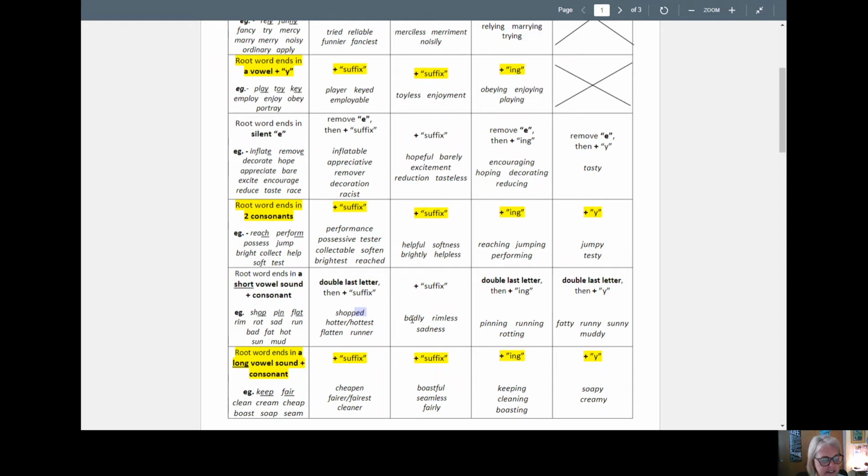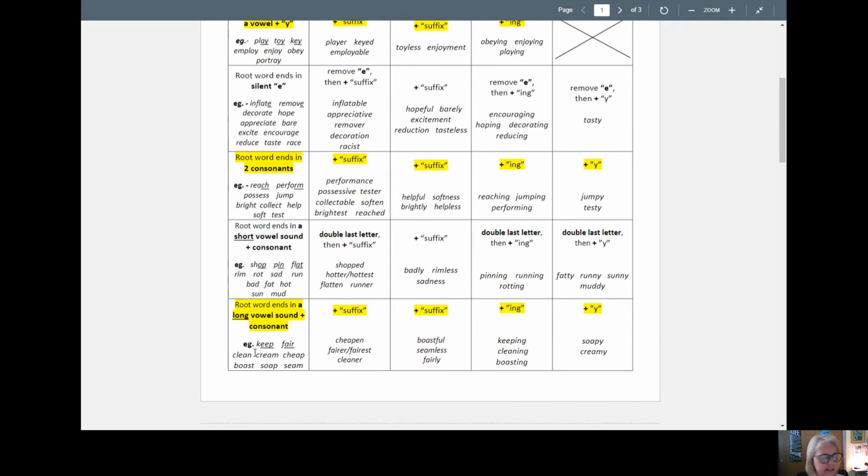When we have a consonant, L-E-S-S, L-E-L-Y, N-E-S-S begins with the consonant, we do not double it, okay? If we add ing, we double it. If we add a Y, we double it. So the only one that we don't double when we have a short sound is when we add a consonant suffix,